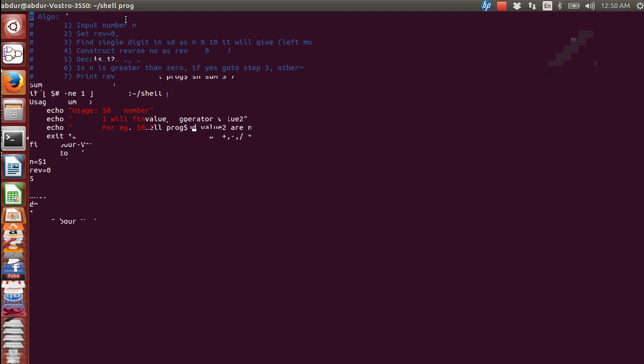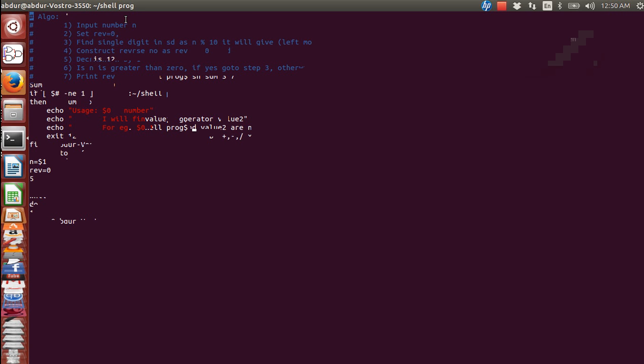If it is not equal to 1, then it will give the prompt, otherwise it will perform the operation. First we put n equal to $1, the first argument, then reverse is initialized to 0, and sd, that is the digit,